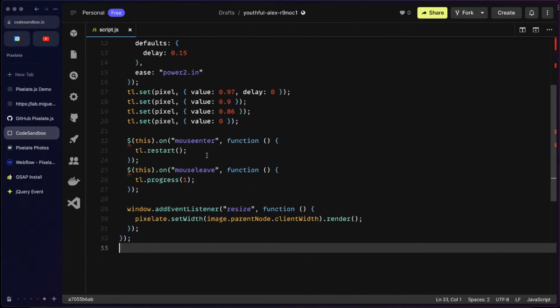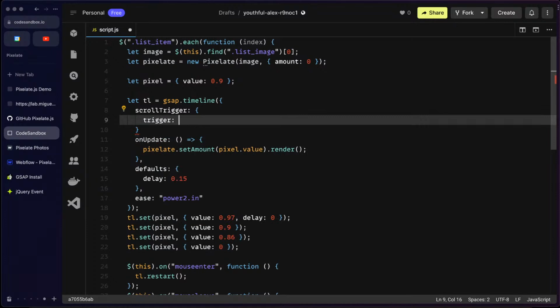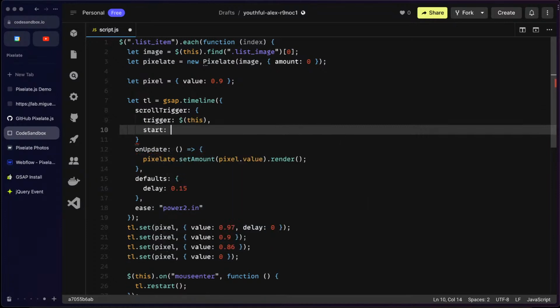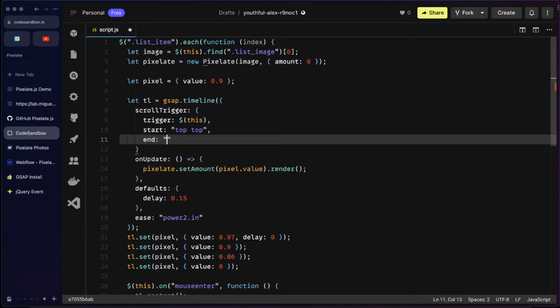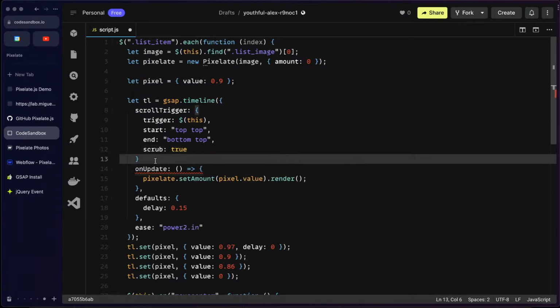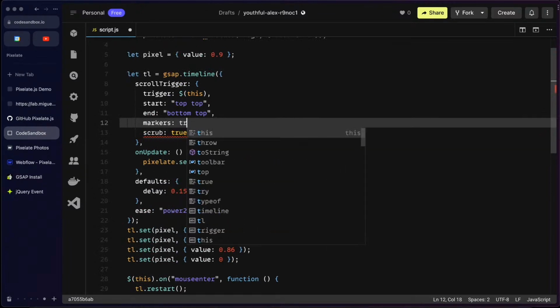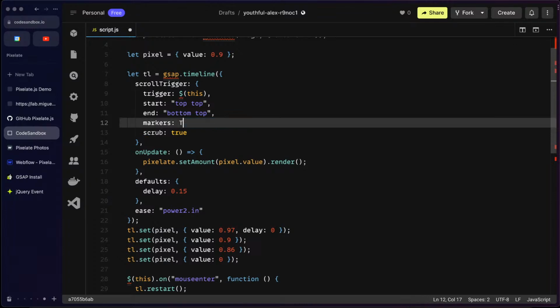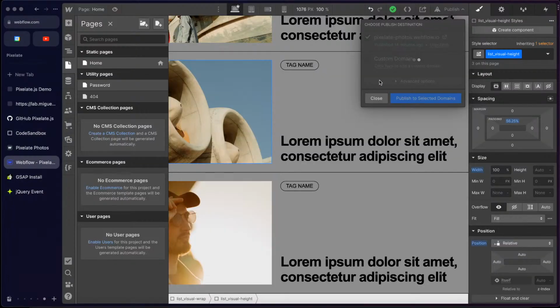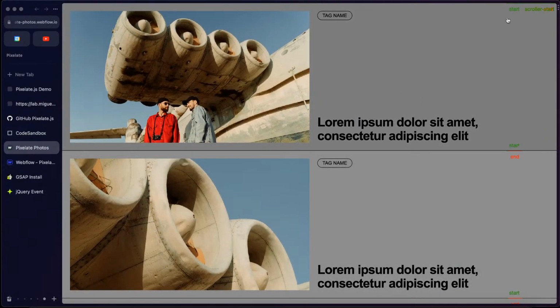Okay, that's publishing. Let's set this back up. Scroll trigger. The trigger will be this item we're looping through. Start when top of item is at top of screen, and when bottom of item's at top of screen, scrub true. On update, we'll keep and throw markers back in there, because why not? Cool. Wait for that to publish. Should be published, maybe. One way to find out. All right, we got our markers,